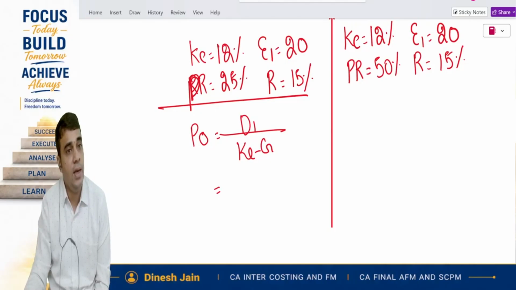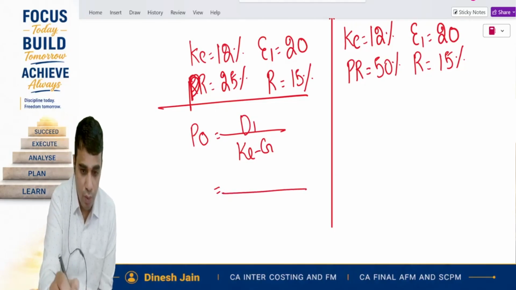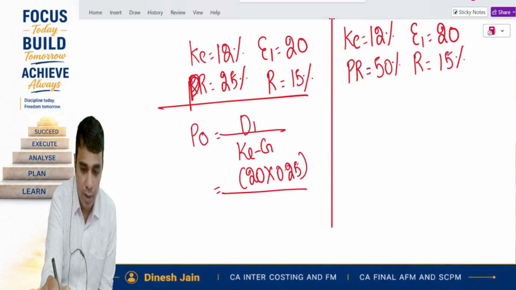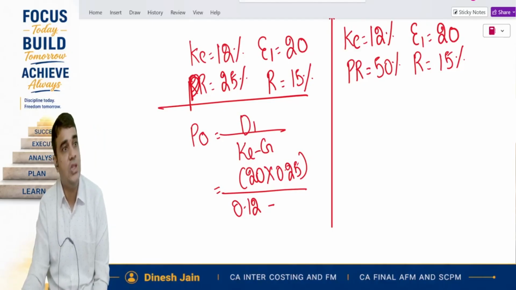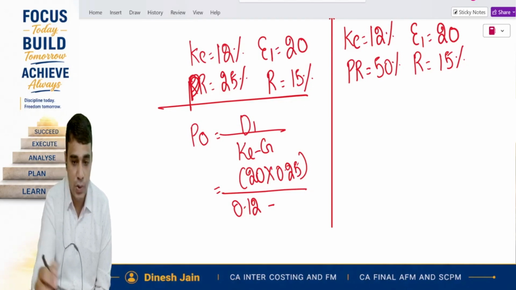D1 is what? E1 into payout ratio. Earnings of the next year multiplied with the payout ratio. 20 into how much? Can you tell me how will I get growth rate? Growth rate we just now saw. ROE into retention ratio. ROE is 15%. Retention is 1 minus the payout ratio. So growth is